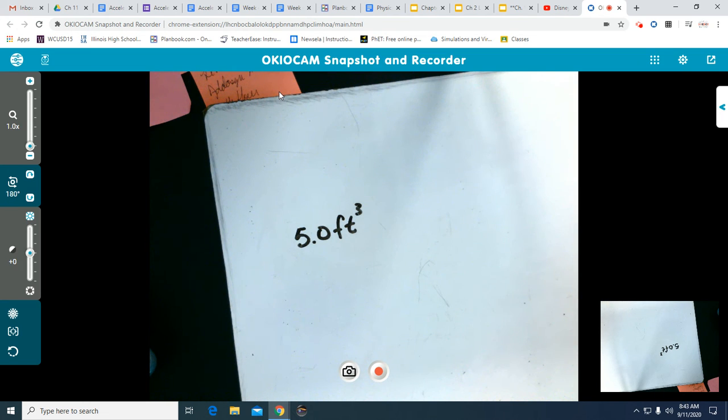So we need to go from feet to meters, really simplifying it. But we're going from cubic feet to cubic meters. So we have to figure out what is the best step. How do we go about converting from feet to meters? Well, we know that